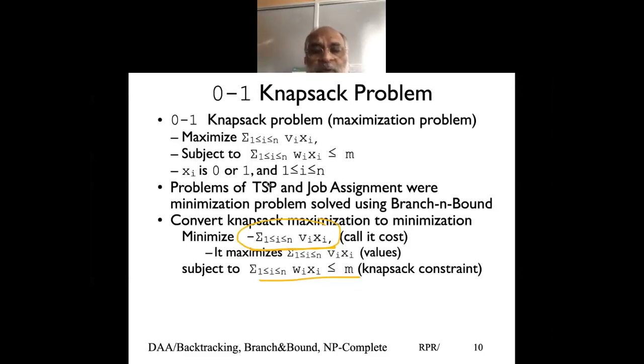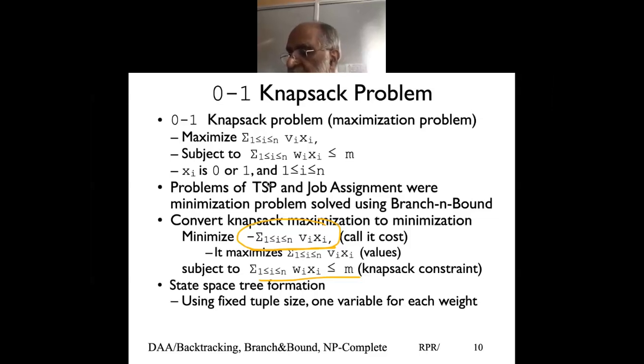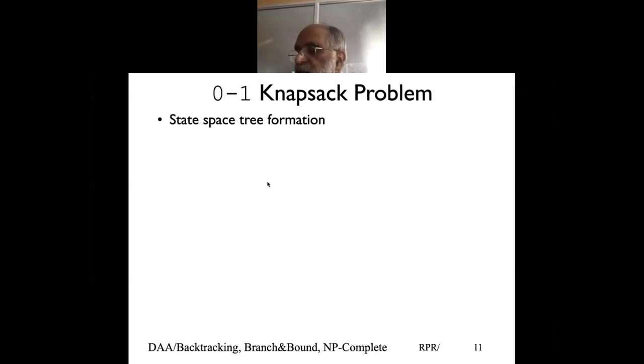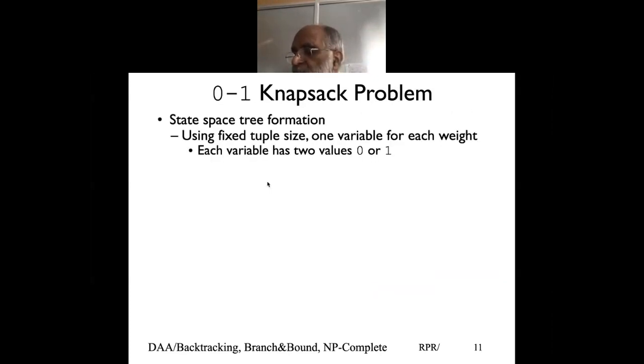Now that I have a minimization problem, I can apply my branch and bound technique to solve it. That is essentially what we are going to do: use branch and bound to solve the minimization problem. We explore the tree and use what is called least cost. That means keep exploring from the root, pick the least cost node and explore. Our challenge is, how do we pick the estimated or heuristic cost?